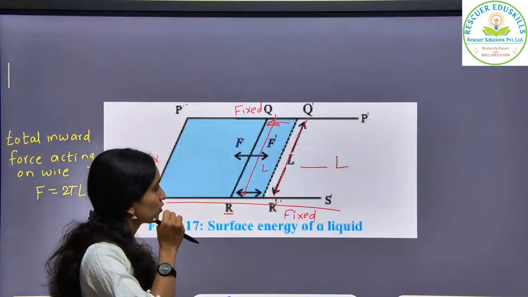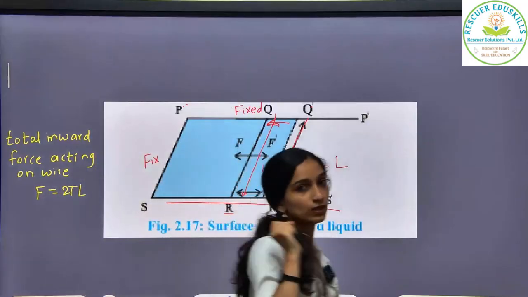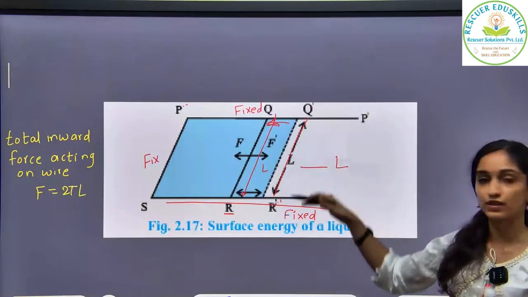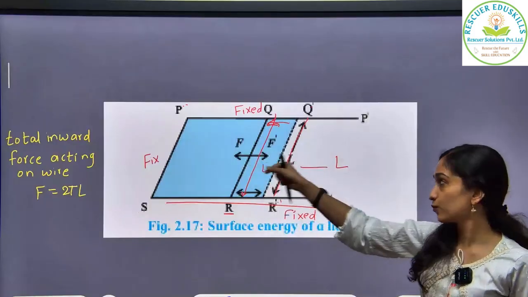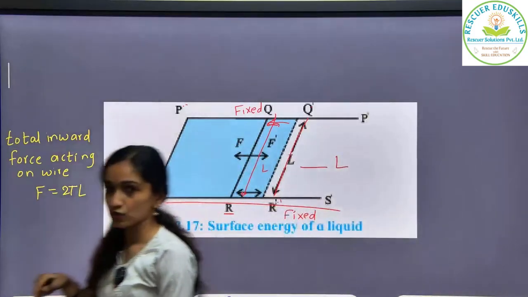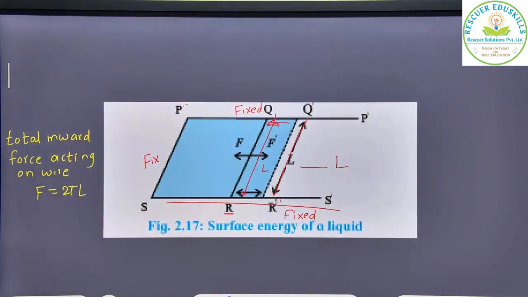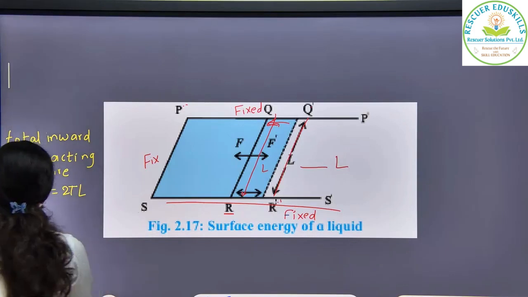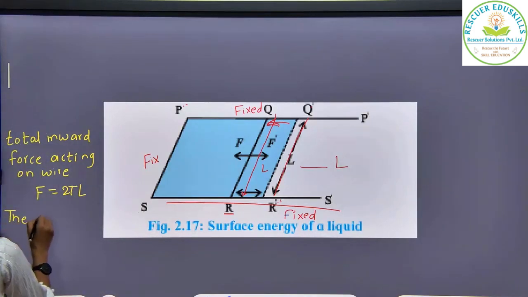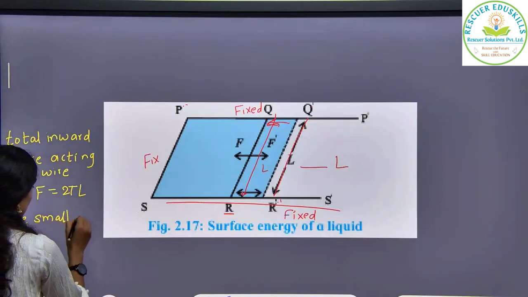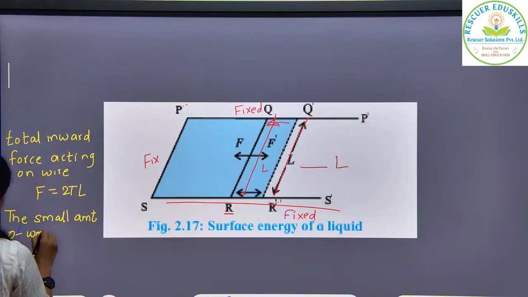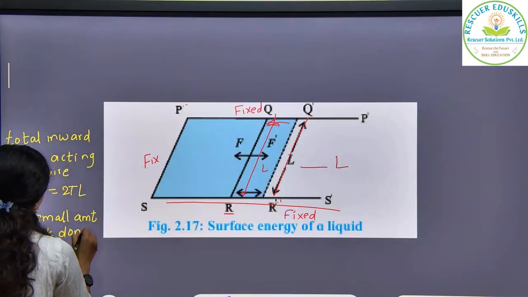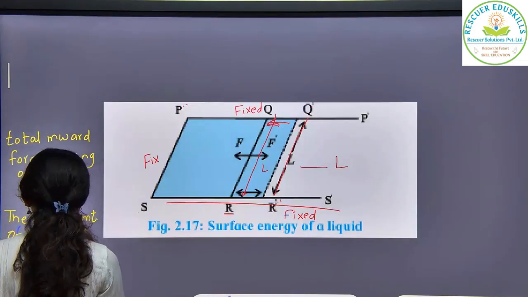So now what if we apply an equal and opposite force on this wire, and what happens if I pull this wire outside? Just imagine that I am pulling this wire outside. So what will happen? Small work will be done, right? Small work will be done. So now we can write the small amount of work done as dW is written as